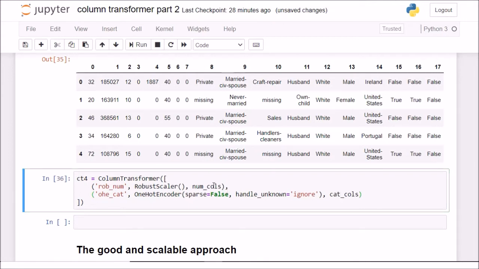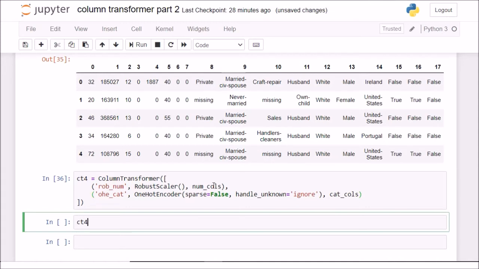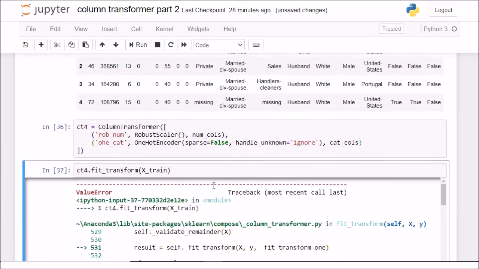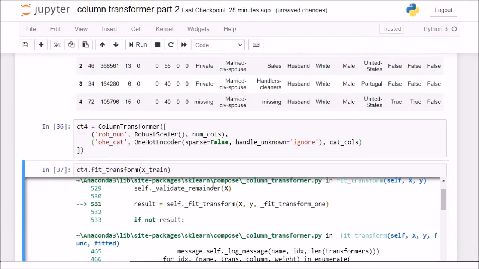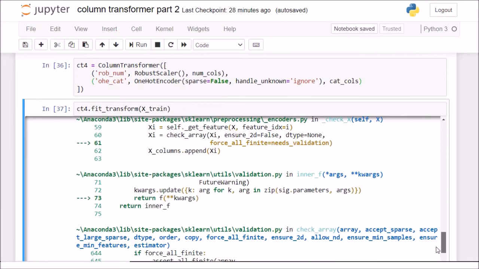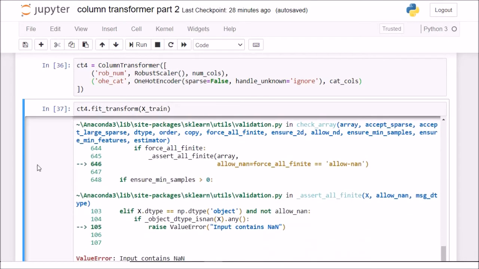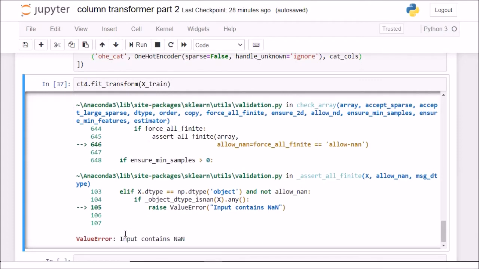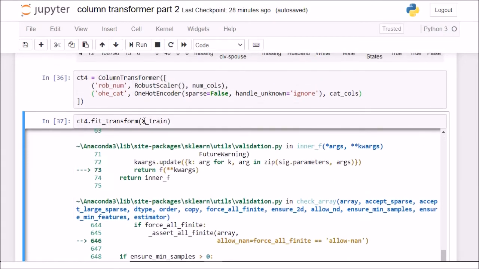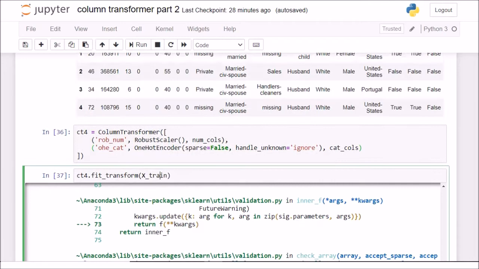Okay, so now if I try to fit my CT4 object on X train, let us see what errors we get, because we are surely going to get an error. So what is this error? Input contains NaN. This is because my X train still has missing values, right?